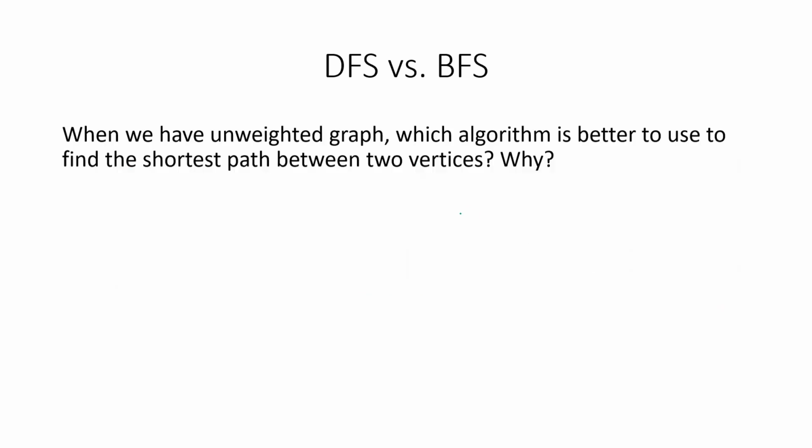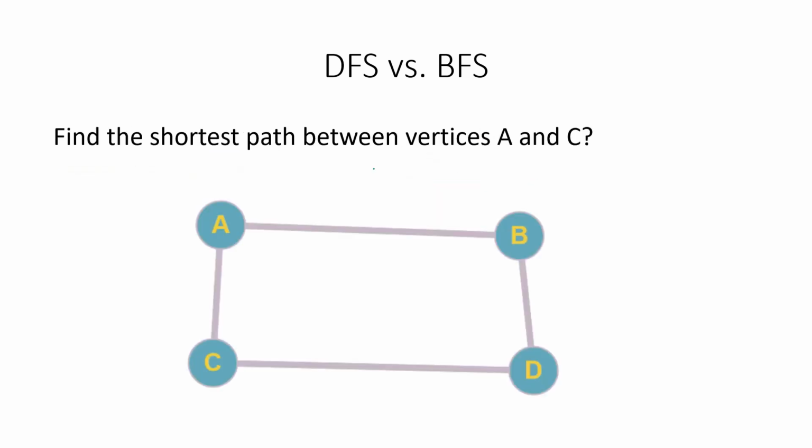So it was taught before that BFS finds the shortest path, meaning the path with the fewest edges. So if we have an unweighted graph, which algorithm is better to use to find the shortest path between two vertices x and y? Okay, so let's say that we have this kind of